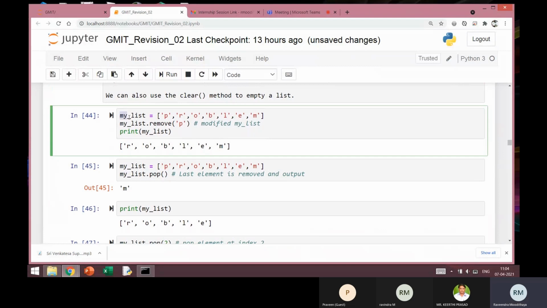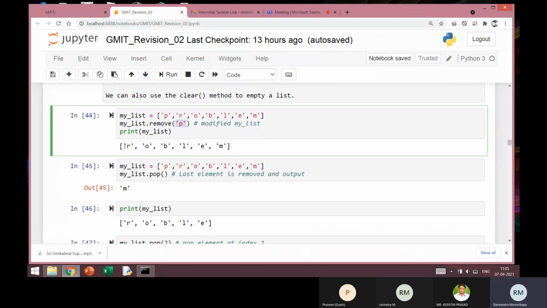If I have this list, my list equal to the characters PROBLEM as the members, and I want to remove one particular element, I can use the remove method, and then I'll give which element to be removed. So here, remember, I have given the element itself, not the index. Okay, I have given the element itself as the argument. So remove will take the element, not the index.